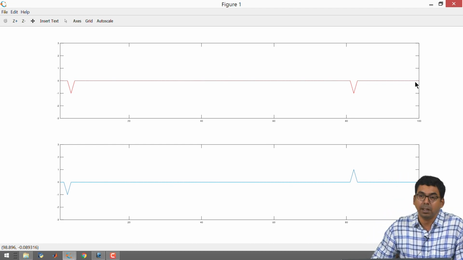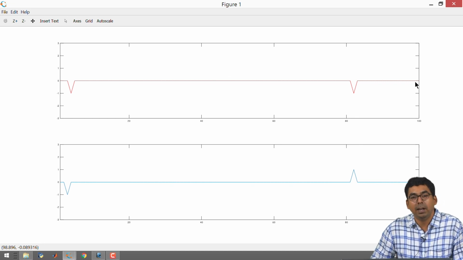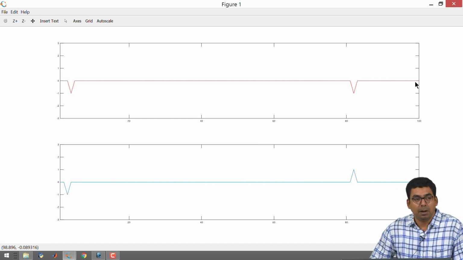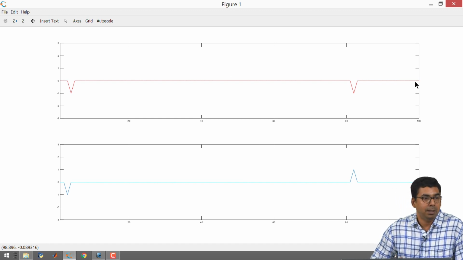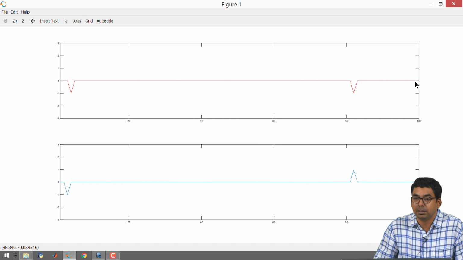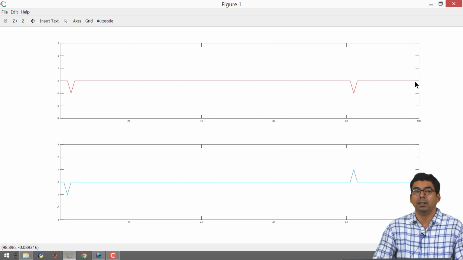Right. What is the use of such a scenario? Suppose you are having a very long transmission line, all right, and the transmission line is not functioning correctly, that is there is no data being sent to the other side, and we want to identify at what distance what kind of fault has occurred on the transmission line. This could be say an underwater or undersea transmission line connecting two different continents, all right, it's very exaggerated, but it would be wise for us to figure out where the problem has occurred.